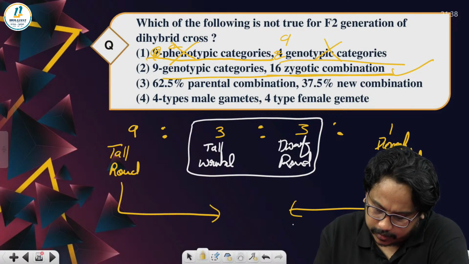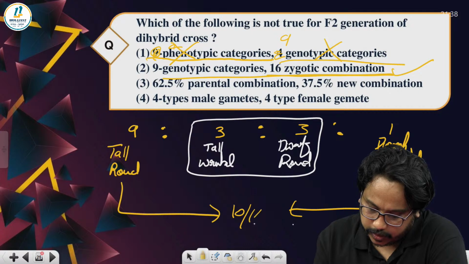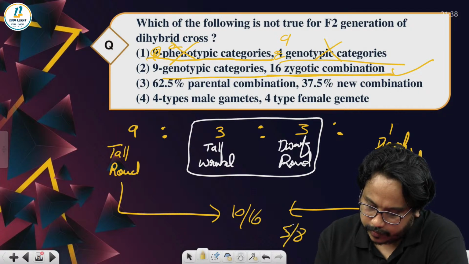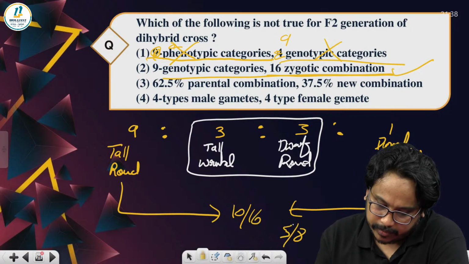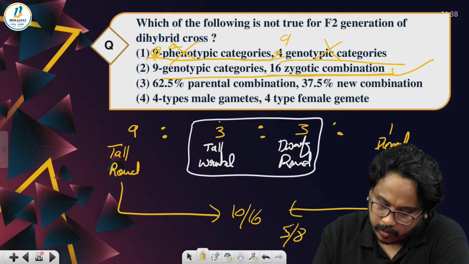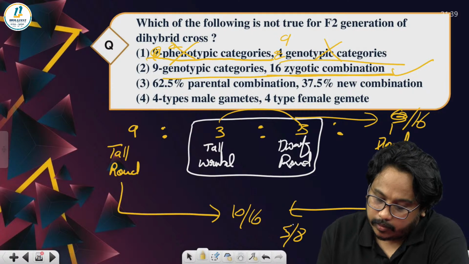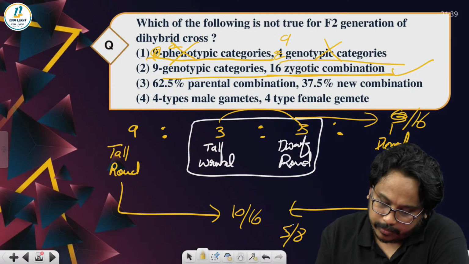You can see around 10 out of 16 or 5 out of 8 is parental combination, and the remaining 6 out of 16 or 3 out of 8 will be which combination? So here you can see around 6 out of 16 or 3 out of 8 will be recombination,